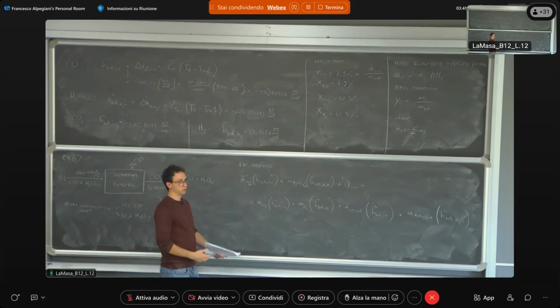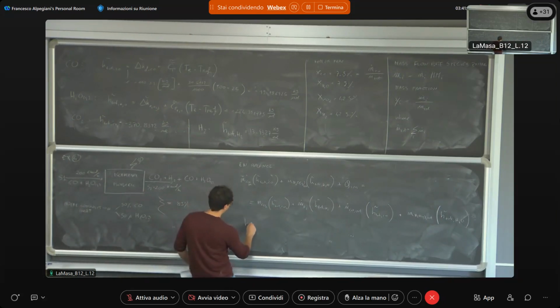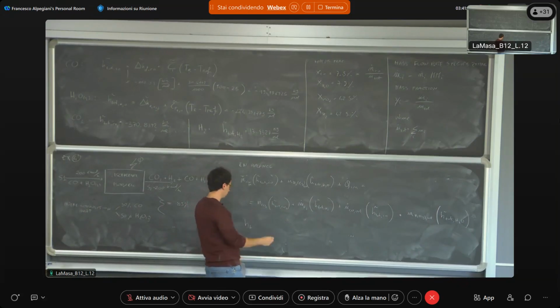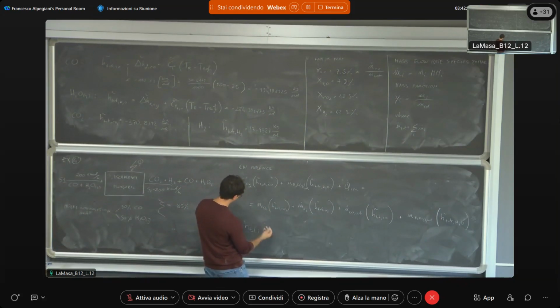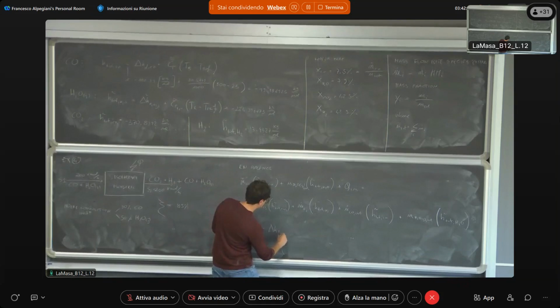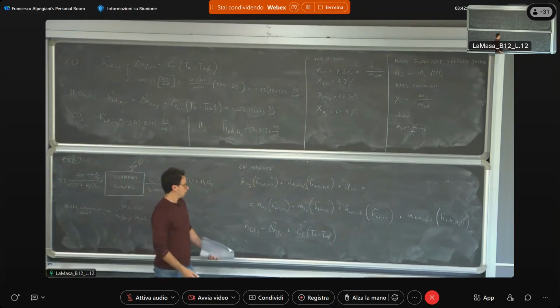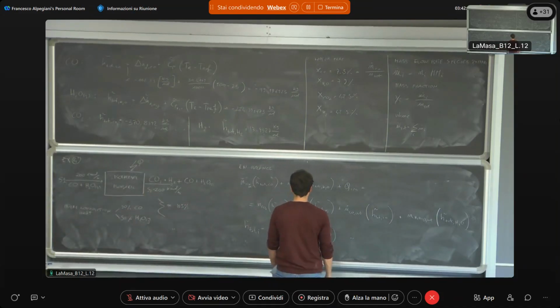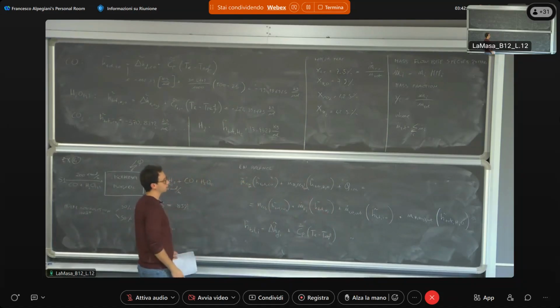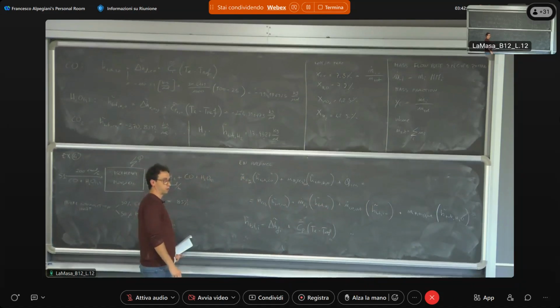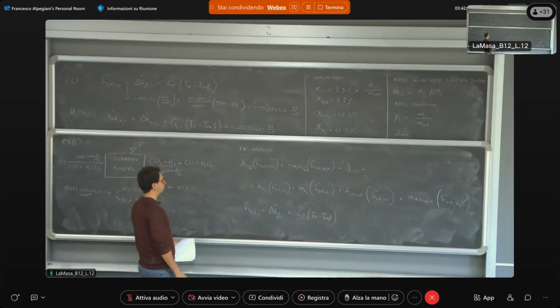Once again, you can evaluate the total enthalpy as we have done before. Neglecting the kinetic and potential terms, the total enthalpy of the species i is equal to the enthalpy of formation of the species i plus Cp times T of the reactor minus Tref, where essentially Tref is 25 degrees Celsius. And then you can evaluate the thermal power released in this case, which comes equal to